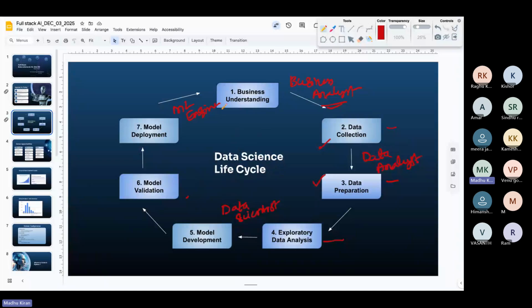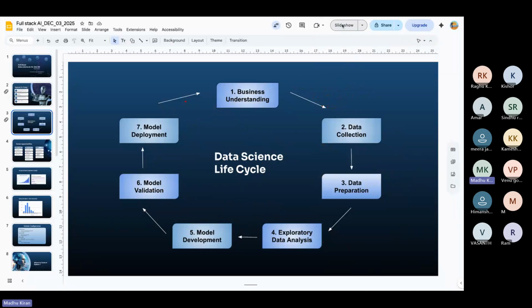We'll discuss more about these roles in the next couple of minutes. So this is how a data science life cycle works. This can be in a parallel linear way also, right? We can represent this structure, step 1 to step 7, in a linear way, but usually this is a life cycle because every year new data comes in. Like if you have a trained model also, there is a stage of retraining happening. So that's the reason we represent it in a cycle.